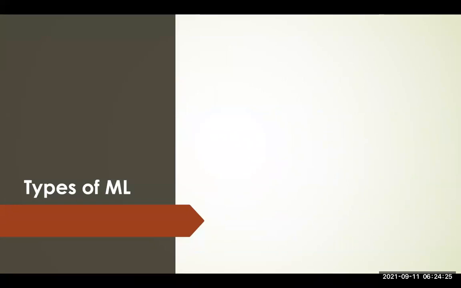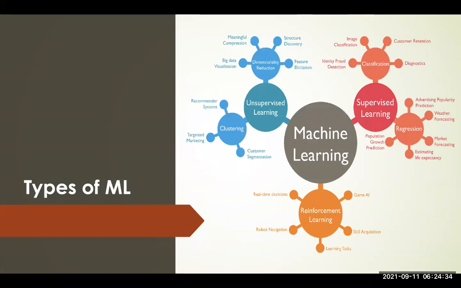There are basically three types of machine learning: supervised, unsupervised, and reinforcement learning. This class will mainly focus on supervised. In our other premium courses, we focus on both supervised and unsupervised, but for your class, we only focus on supervised learning. And what makes it supervised? What do we mean by supervised learning?